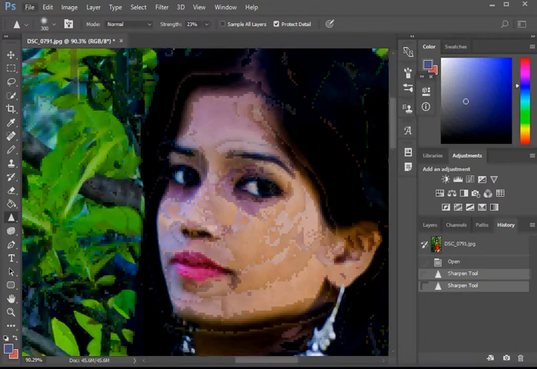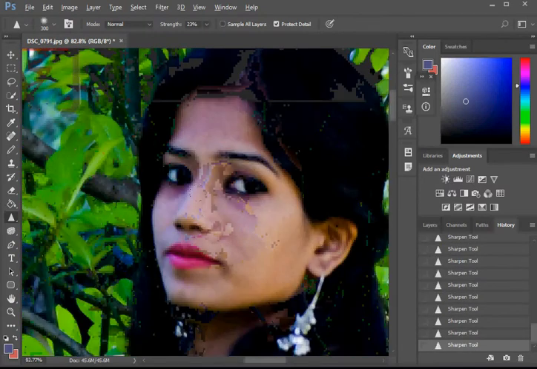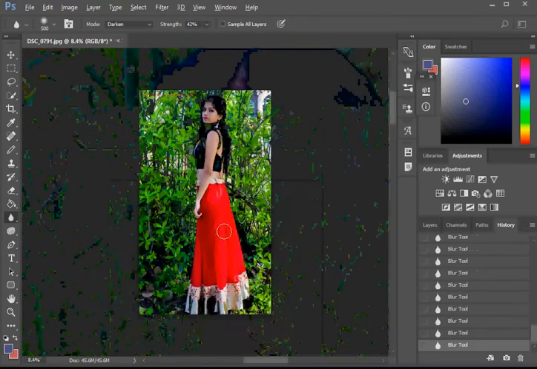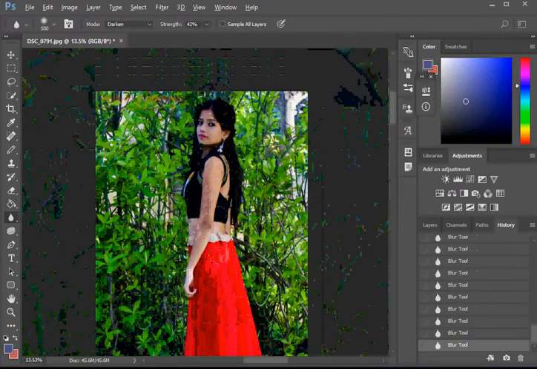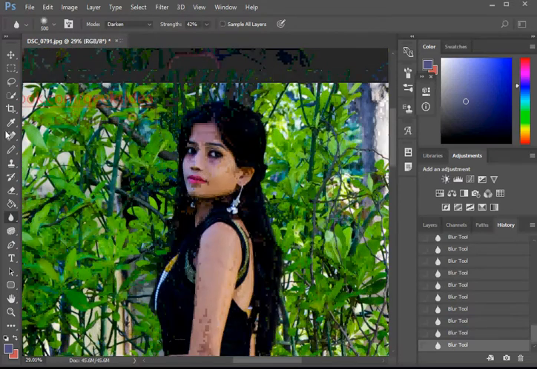The problem is a lot of discoloration. You see that purple tint? It's not here much, right? It's here right now. So you would do it a little bit carefully. Okay, that's it. I think it's more or less okay now. So what you can do is blur it a little bit on top of it. And also you can do one more thing. You can make the background more blurry. What you can do is first select a